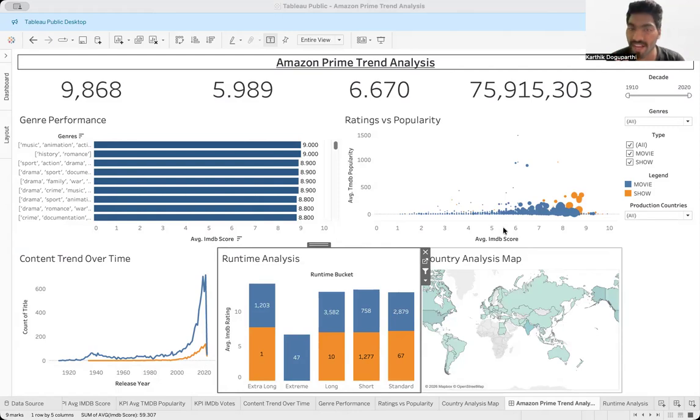On this dashboard, clicking a genre will update the values and visualizations dynamically, and filtering across production countries and decades will also show what kind of content has been produced. Tooltips also allow